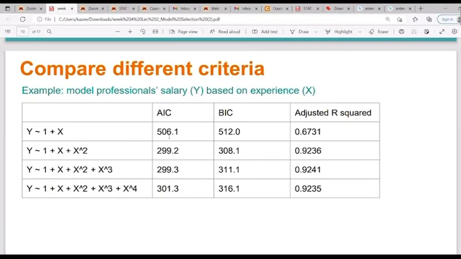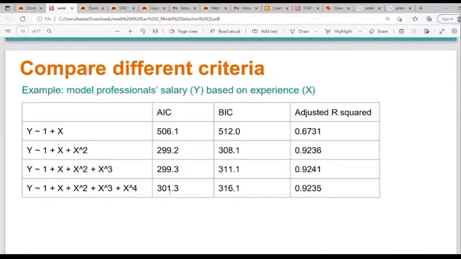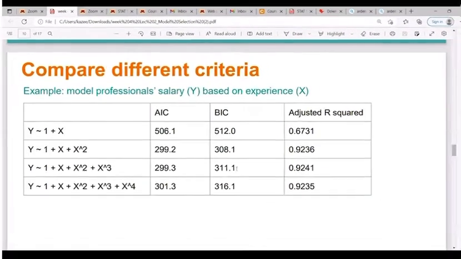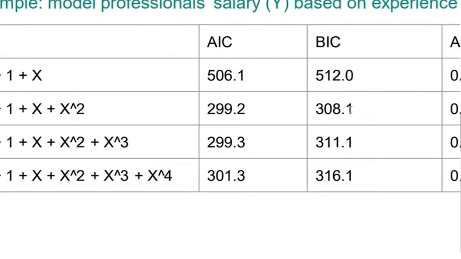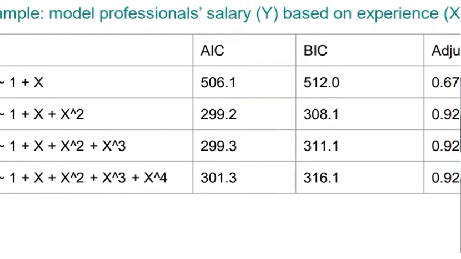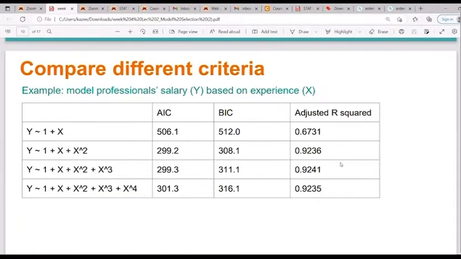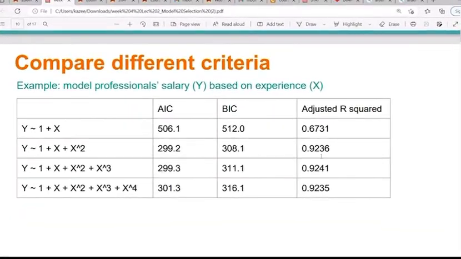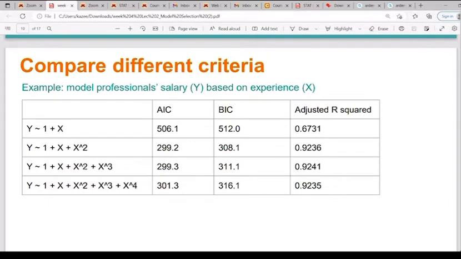If you take a look at what I have now, if I want to use the AIC, I'm basically going to say the best model is this one here, because 299.2 is the lowest of all. If I want to go by the BIC, I'm also going to choose this model, because the lowest BIC is 308.1. But if I want to go by the adjusted R squared, I'm going to choose the model with the highest adjusted R squared. And if you take a look at that here, what you're going to choose is this one here,